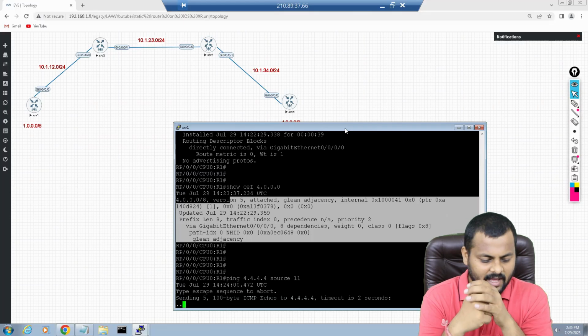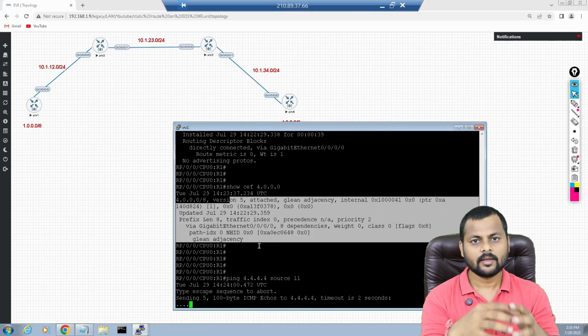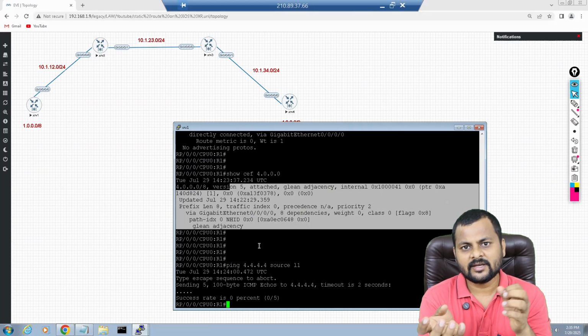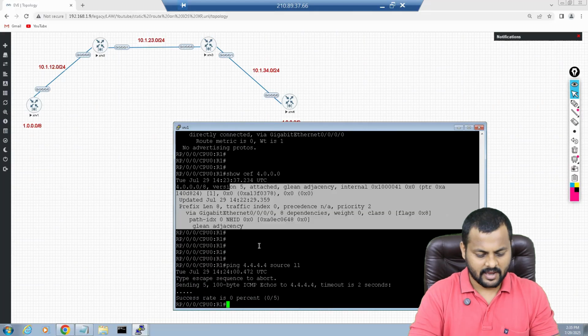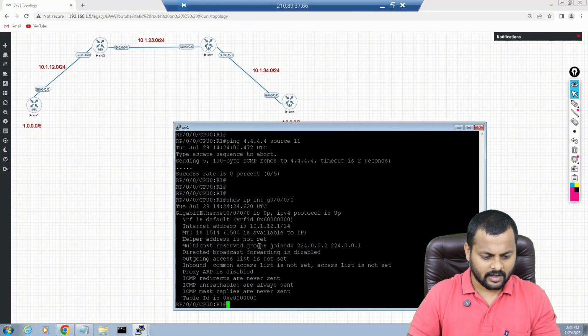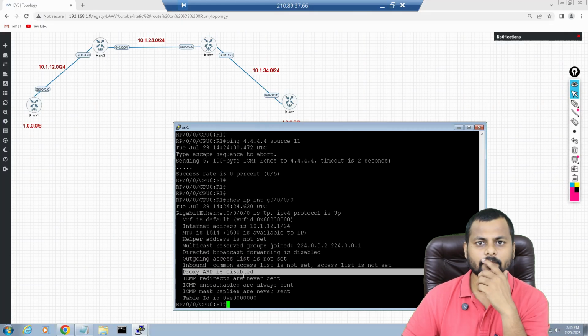The reason is, let's check on router number 1, I'll show you that. This is one of the major differences in the static route with exit interface on the IOS router and the XR as well. You put the command show IP interface gig 0/0/0/0, right? What you can find is that my proxy ARP is disabled right now.